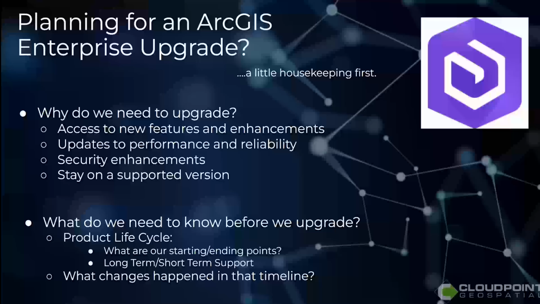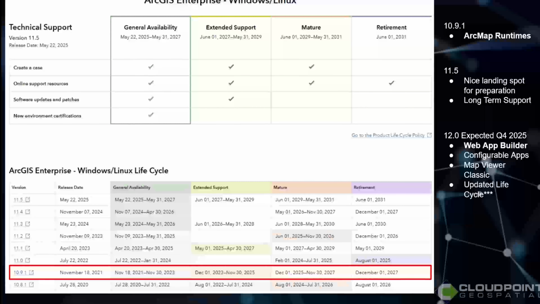So maybe your organization has the resources and ability to stay on those short-term supports. So you're just going to go through this process much more frequently than if you decide to go to a long-term support. So we need to know that product life cycle, right? And then we also need to know what changes happen in between our starting point and our ending point. And something that really helps us figure this out is the ArcGIS Enterprise Lifecycle